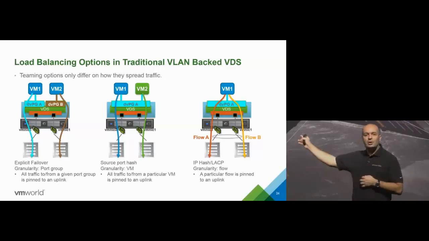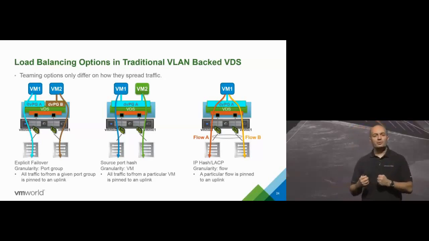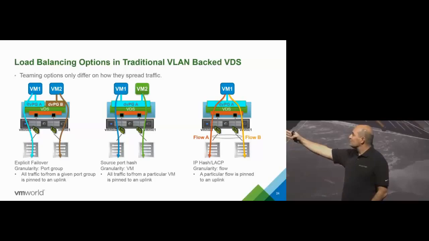So those 2 physical uplinks have to be bundled in a port channel so that there is only one MAC address table on the physical infrastructure. Otherwise, it will look like a MAC move. So those are the 3 different models, from the simplest and coarsest, if you want, to the most granular and